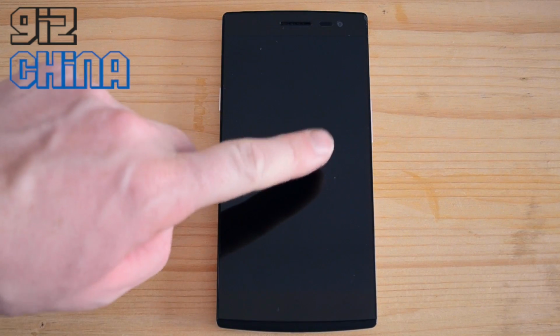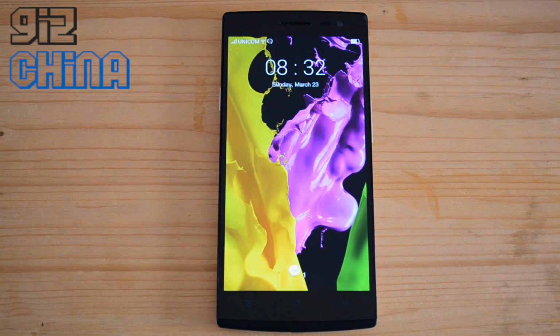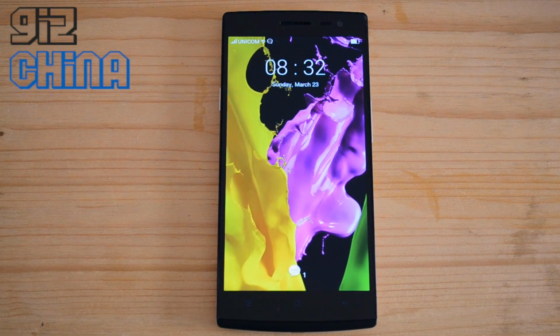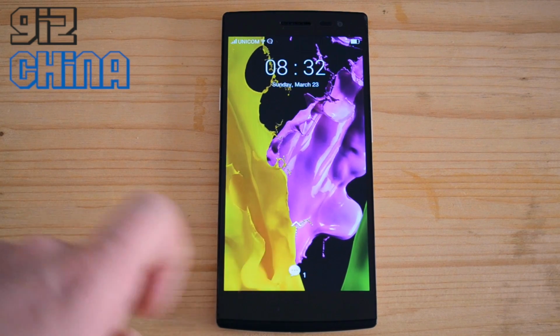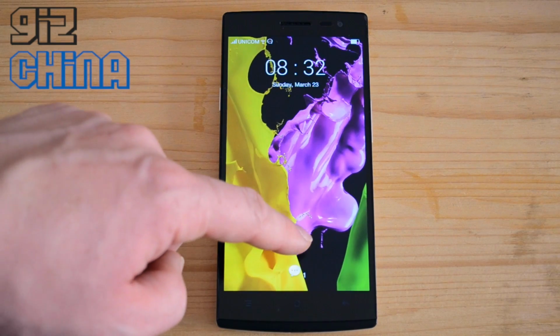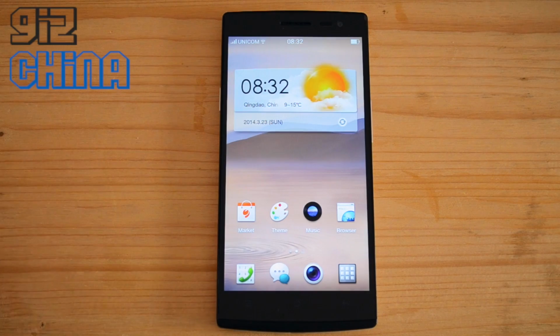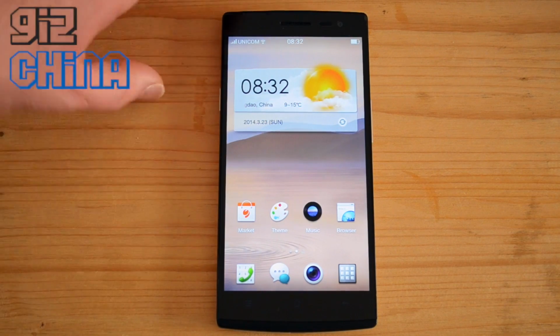As usual, we can double tap to unlock, and we've got our picture, and it slowly pulses in and out, and we can see we've got an arrow here which is telling us we can lift this screen up to unlock it. So there you go, and I've got a message there. Okay, so if we go back,